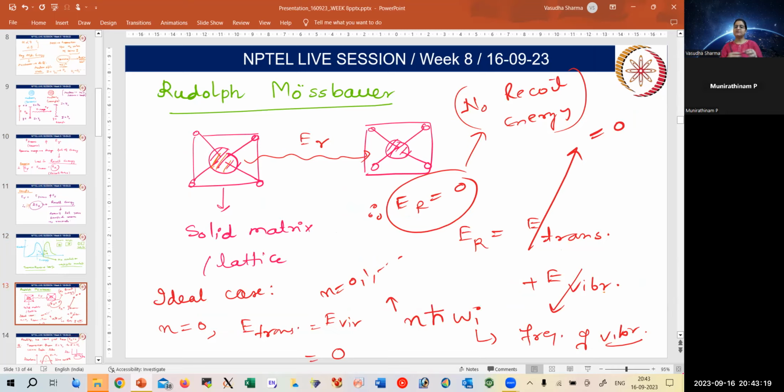So what we do, generally, Rudolf Mössbauer, who was a scientist, while doing his PhD, developed this: if we put our source and sample in a solid matrix, we restrict their motion. There would only be internal vibrations, but there won't be any external translation. So that can restrict our recoil energy. Whatever kinetic energy was being lost in the opposite direction, now it won't be, and therefore we have maximum overlap. So the recoil energy is given as the sum of translational energy plus